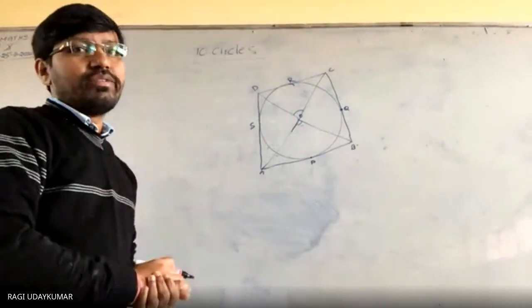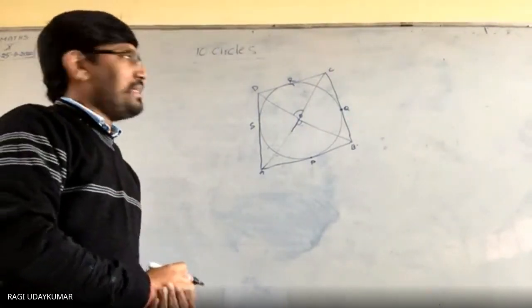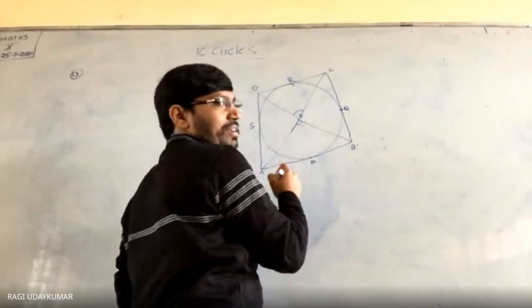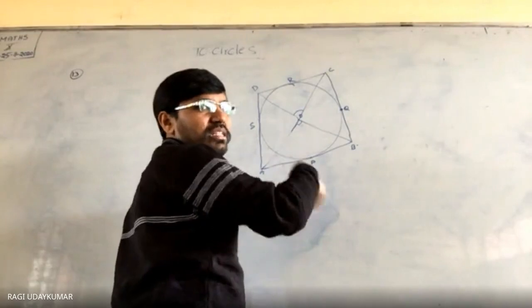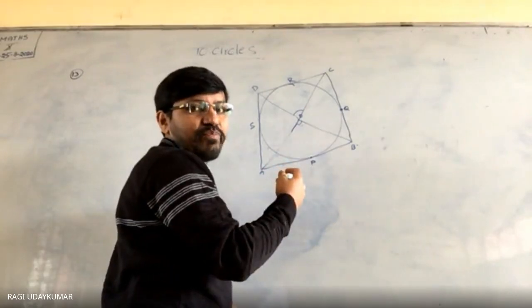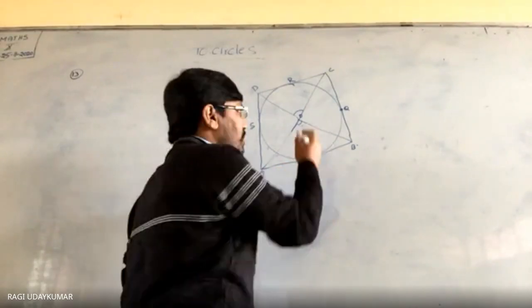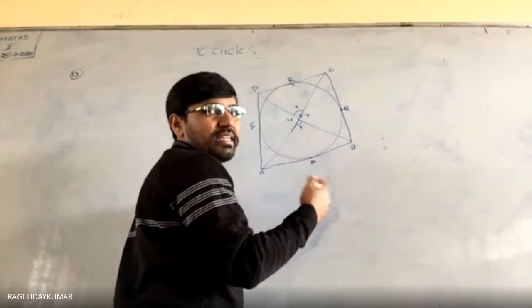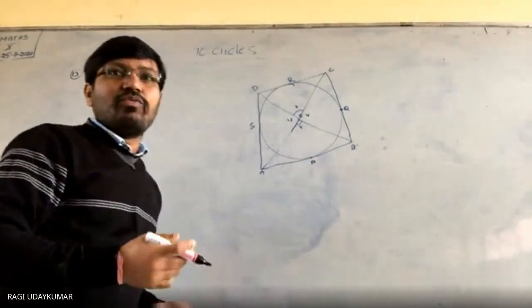And most of the students will commit that mistake. They say this diagonal and this diagonal, these two are equal. Then total sum is equal to 360 degrees. Total sum is 360. Therefore this is x, this is y. x plus y is equal to 2 times of x plus y. They prove it like that.